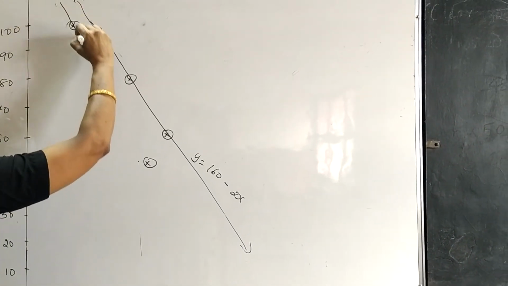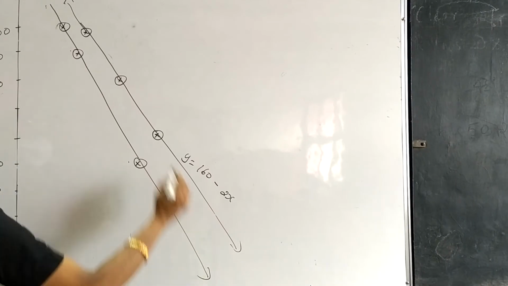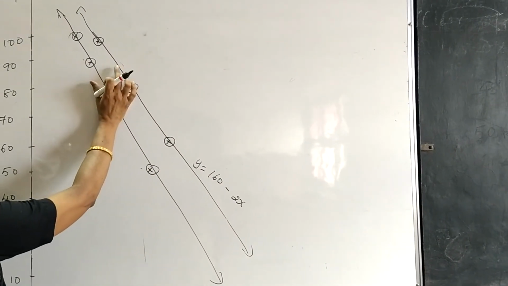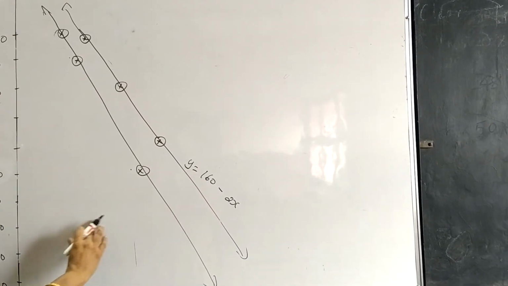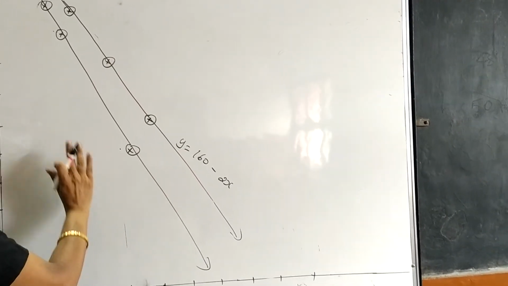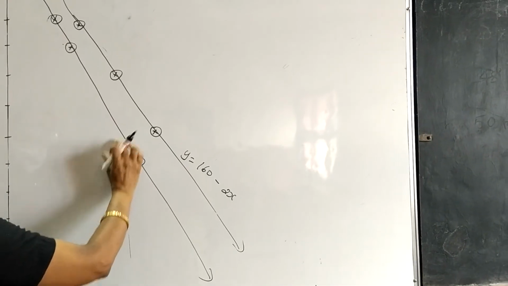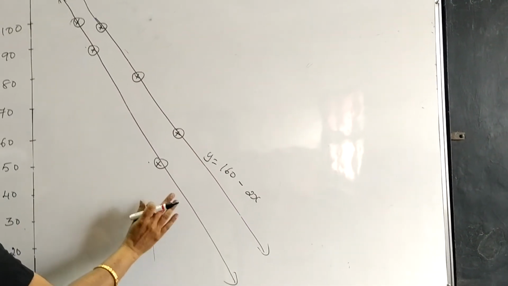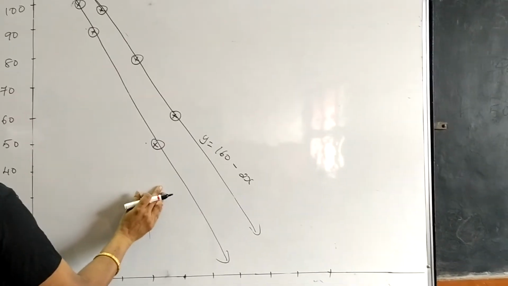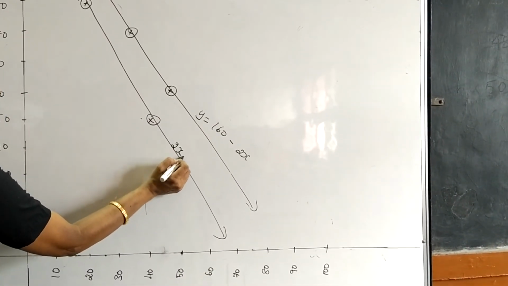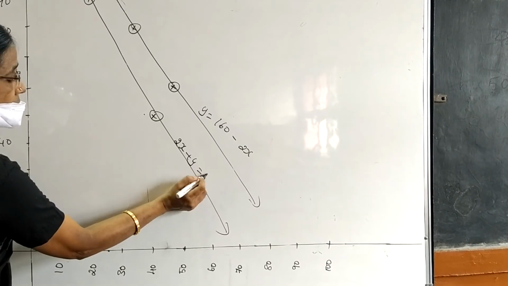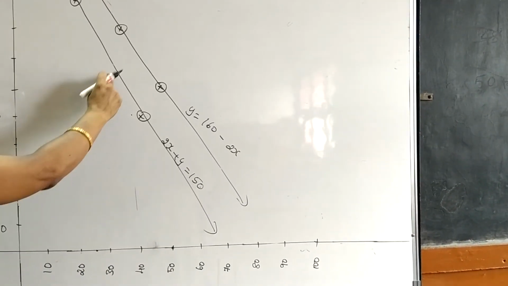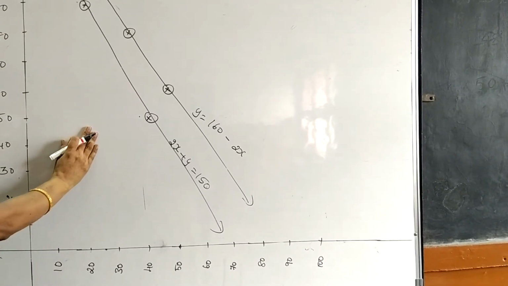So if you draw a straight line, you will find it exactly here. You can see here it is narrow and here it is broader. It is because I have not taken a proper scale. If you draw on graph paper, definitely you will find the distance between these two lines equal. So here we are getting parallel lines. Here there is no point of intersection. So here we say no point of intersection. The graphs are parallel lines.